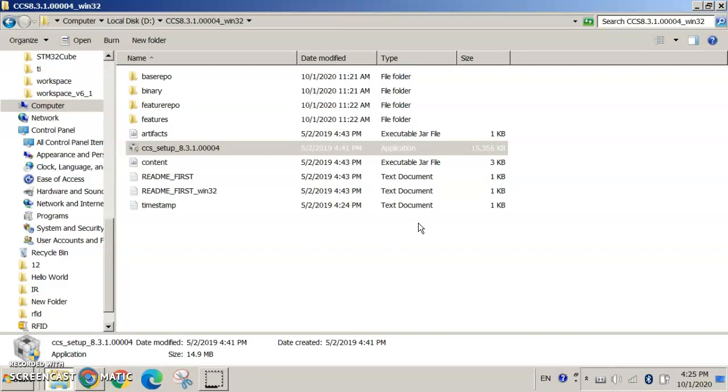Once after that, immediately it will ask you for a license agreement. And one more thing, if you want to download your CCS setup and Control Suite, you should have a login in Texas Instruments, because the CCS setup is from Texas Instruments, and the processor, or you can say the microcontroller we are looking into, is C2000 TMS320F28027. So that is the microcontroller name.